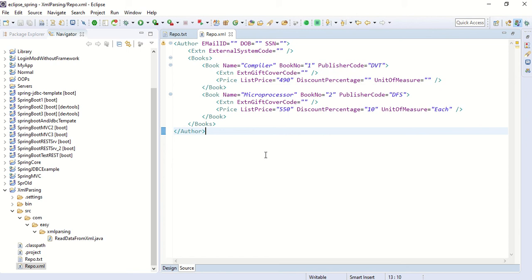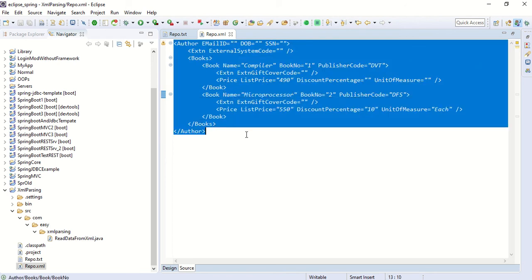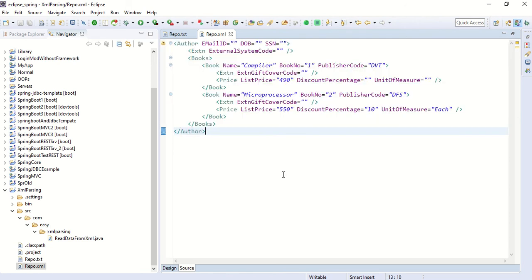Now we'll move into parsing. Parsing means reading the data from XML. You have this XML file someone has given to you, and you need to read the values, like what is the price and what is the discount percentage. Reading the data from the XML file is what we call parsing.